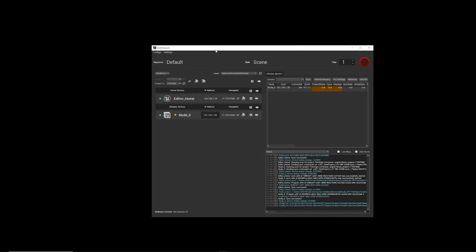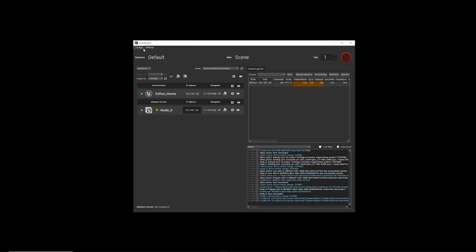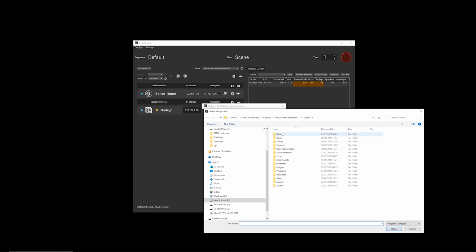So close this out. If we want to make multiple configs for different projects or multiple configs within the same project, we can just click on configs here and we can create a new one. I'm just going to name this very quickly, and browse to the uproject that we want to work with.